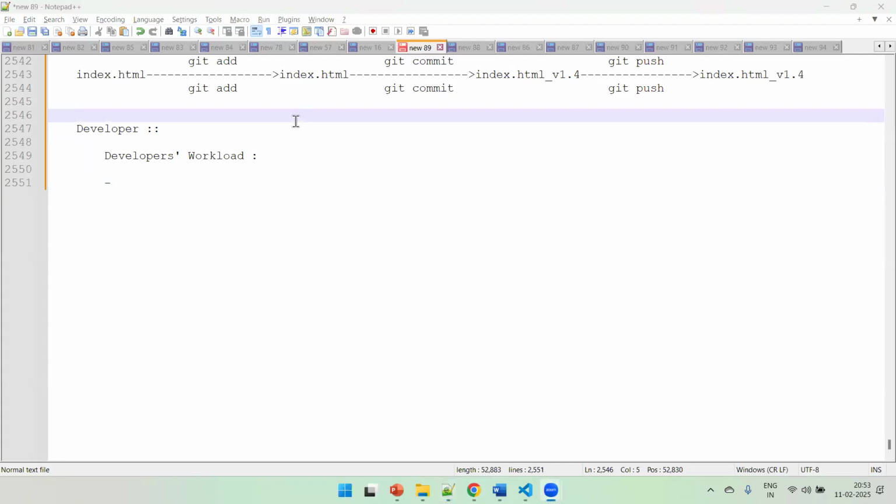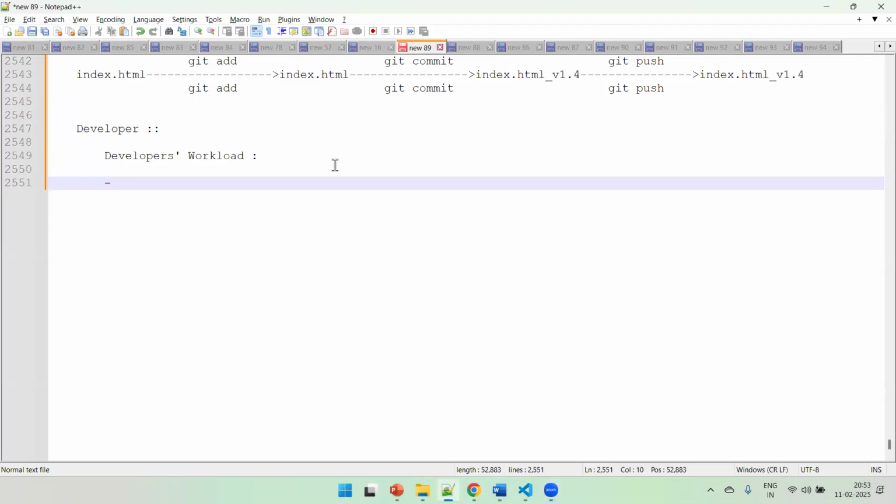If you are a developer, what kind of project will you be working on? Like financial projects, banking applications, or other things. No, I'm not asking about the domain here. Okay, let me put that point here. See, as a developer,